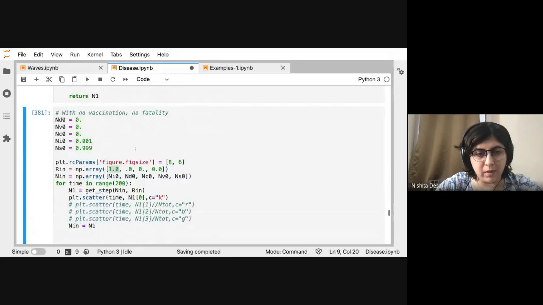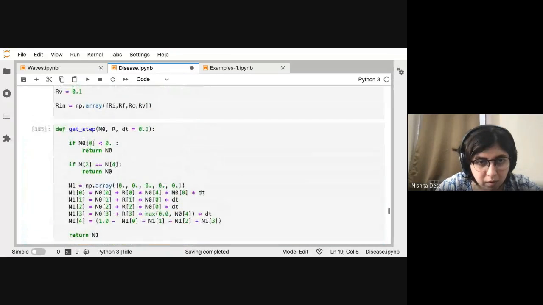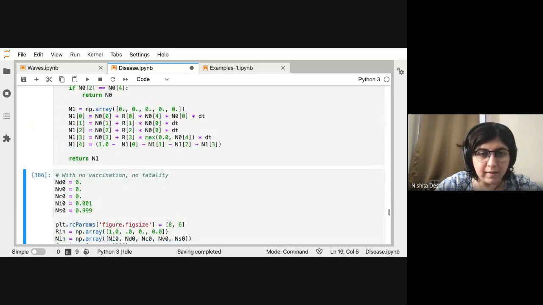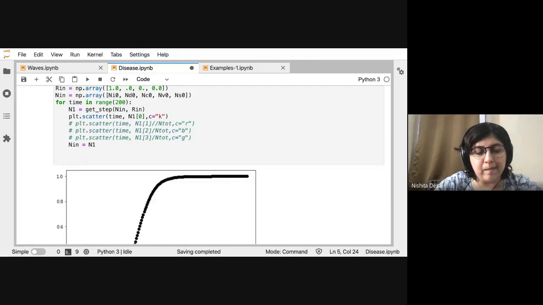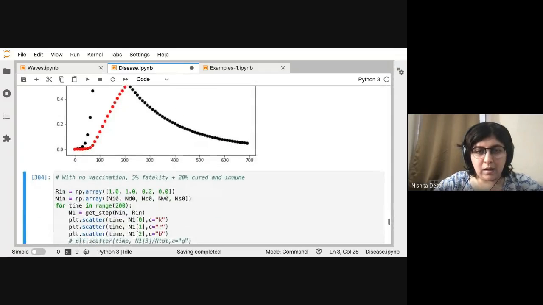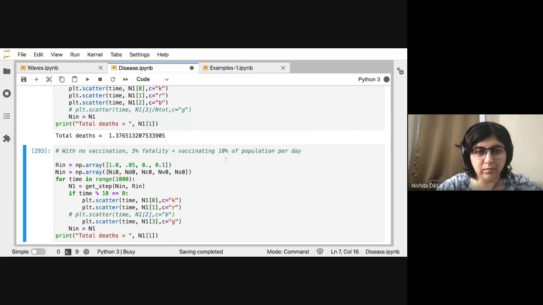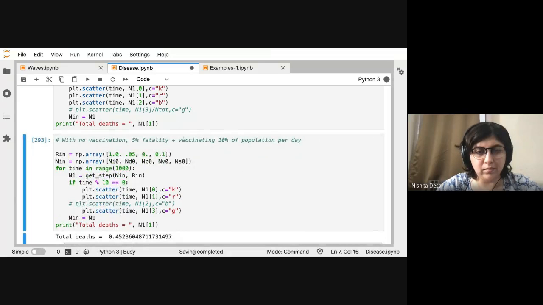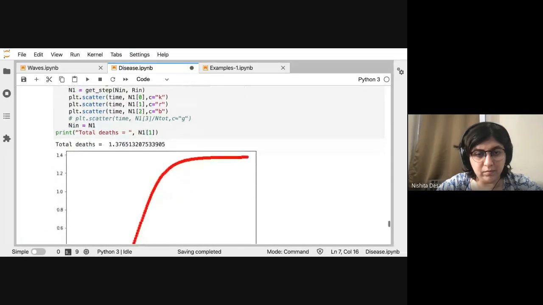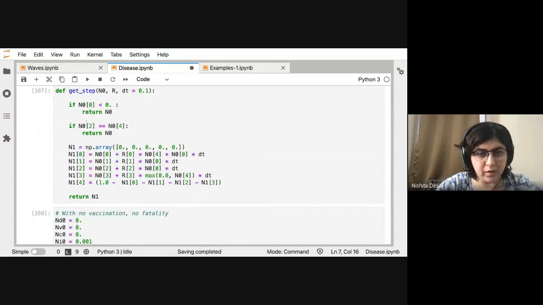Okay, let's see what happens with that. Let's first do our sanity check. Okay, good. So the sanity check works. Okay, good.